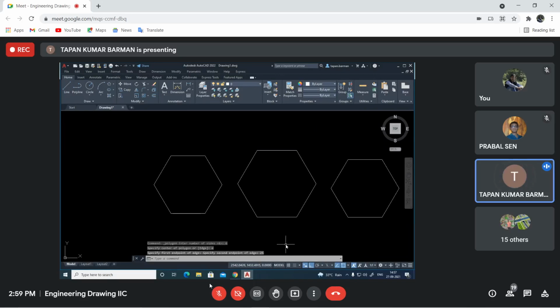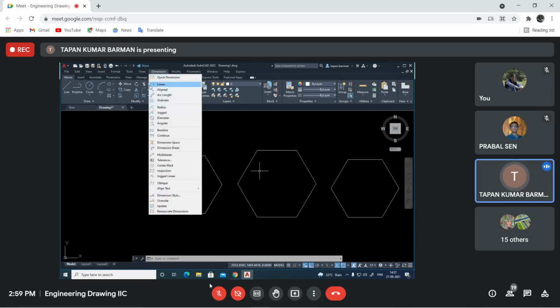Now you see the first one I have drawn using inscribed in a circle, the second one circumscribed about the circle, the third one using the edge option. Now I want to see what is the dimension or side of this polygon. So how to provide the dimension in the drawing?